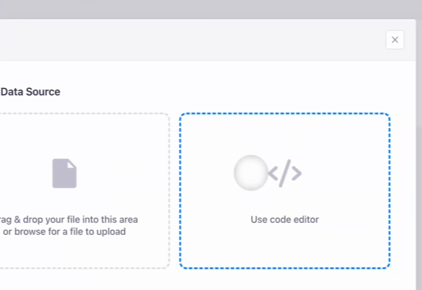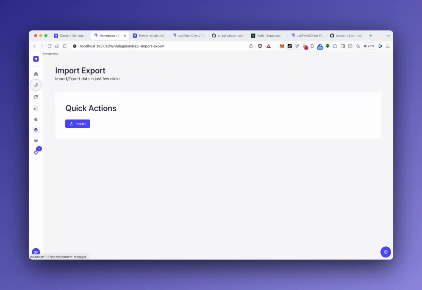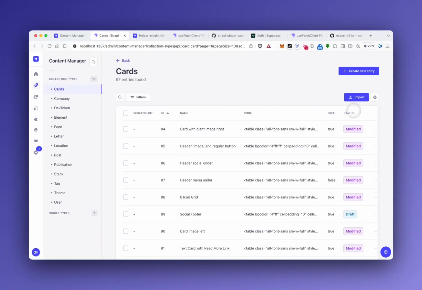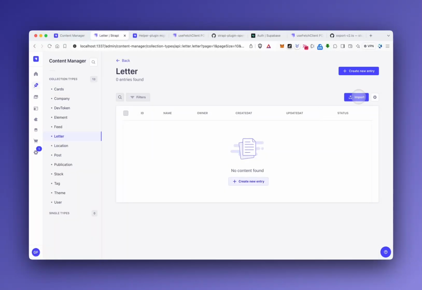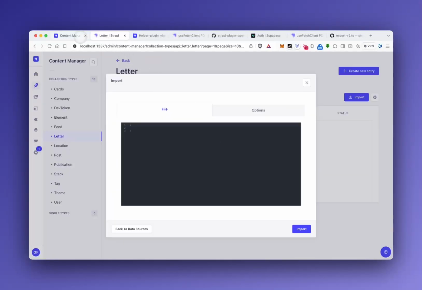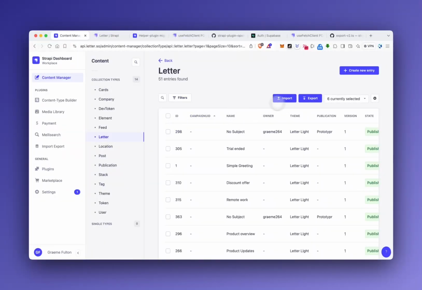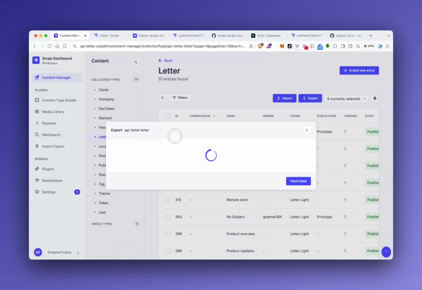I haven't tested anything apart from the code editor. And actually, on this button here, I've only got import, because I wanted to just import letters into my letter collection. So I've only ever tried the use code editor, and the way that it works, I don't know what this deepness means, but it fails if I do it over 2. So this is exporting from Strapi 4,